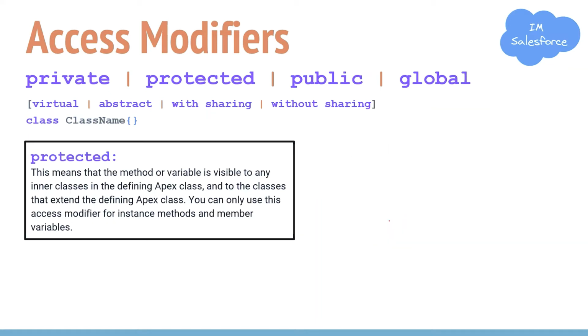Moving ahead, we have protected. This means that the method or variable is visible to any inner class in the defining Apex class and to the classes that extend the defining Apex class. You can only use this access modifier for instance methods and member variables. For an example,